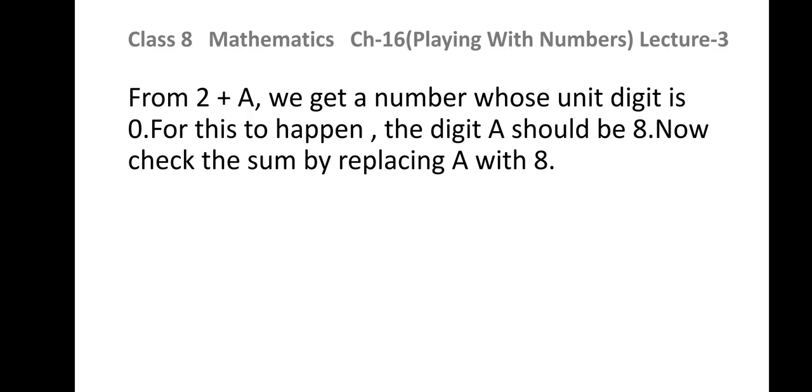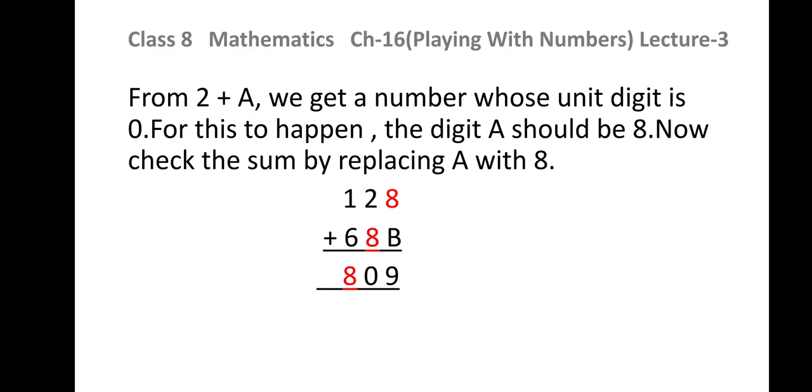Now, in place of a, I have taken 8. So it will be 128 plus 608b over 809. Now b is left. What will be the value of b so that in the unit column I get the sum as 9? Obviously, if I take b as 1, then 8 plus 1 will give you 9. So the values of a and b are 8 and 1 respectively.